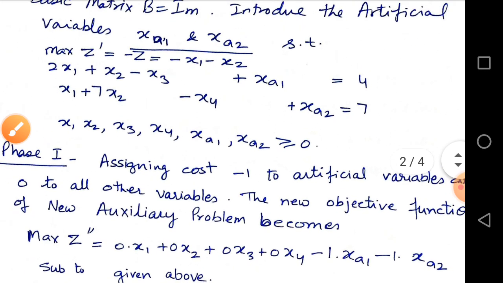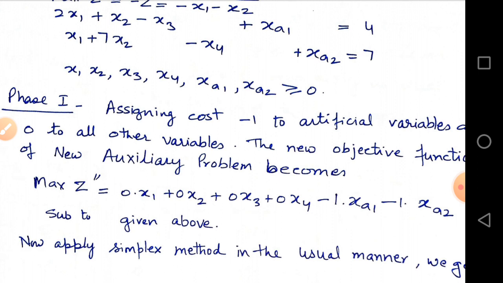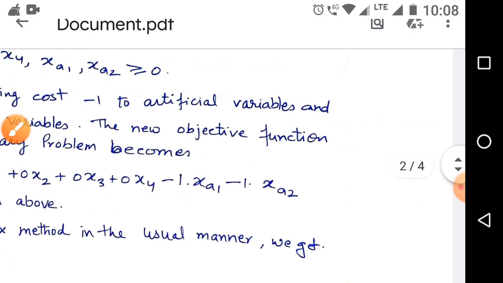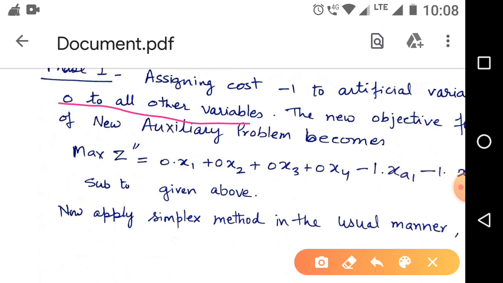Now apply phase 1. In phase 1, we construct an auxiliary problem. For constructing the auxiliary problem, we assign the cost -1 to the artificial variables and 0 to the other variables.